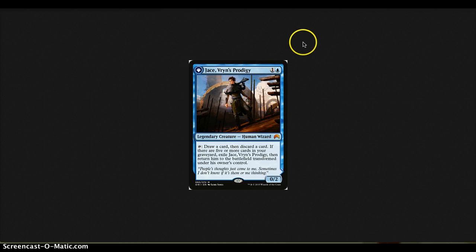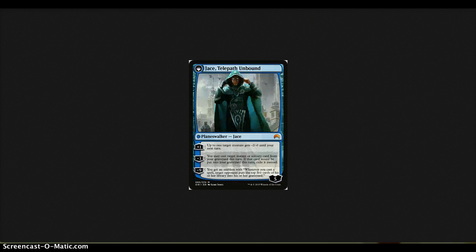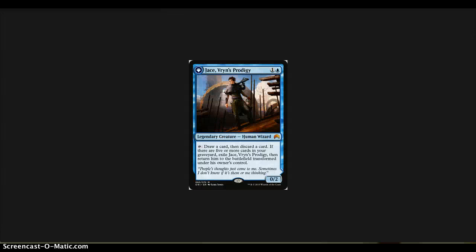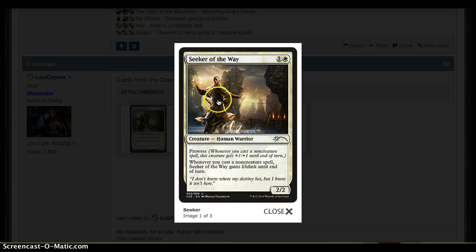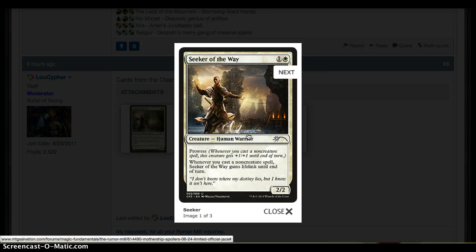Then we have the official art for Jace. We've already talked about Jace, but yeah, the art looks pretty awesome. I'm sure in foil it's really going to shine. I'm a big fan. And then we have also, just for the Clash packs, this is not involved with the Origins set itself,